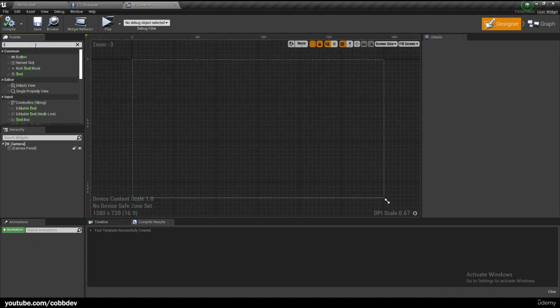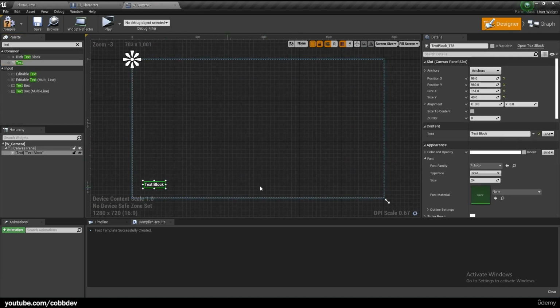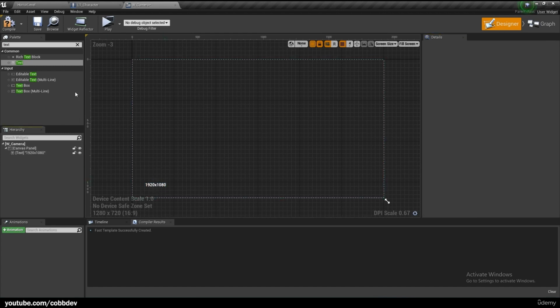So maybe I'll add some text in the bottom left that says 1920 by 1080. And then maybe in the upper right we'll add a horizontal box